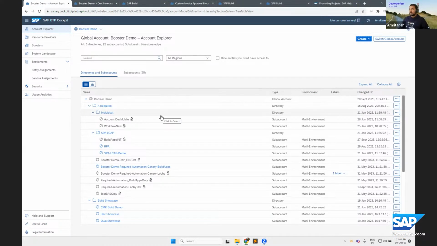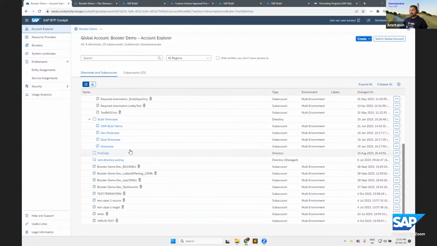Hi, everyone. So what Tarun just spoke about here was the end-tiered landscape and how this could help you attain the minimum sort of governance in your development and production landscapes, right? As Tarun already mentioned, the prerequisites are that you have set up the sub accounts, you have enabled the SAP Build subscriptions, and you've also created the subscription for the SAP Cloud Transport Management.